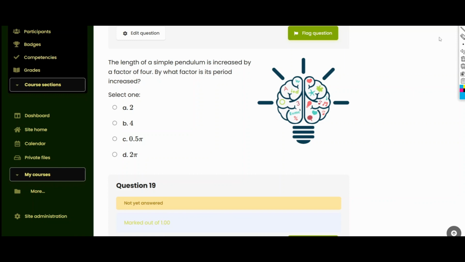So the next question says the length of a simple pendulum is increased by a factor of 4. So is its period increased? We know that T is equal to 2 pi root of L over g. So we're going to look at the two scenarios. The first scenario, the length is L, and the second scenario, the length has been increased by a factor of 4. So let's look at the first scenario